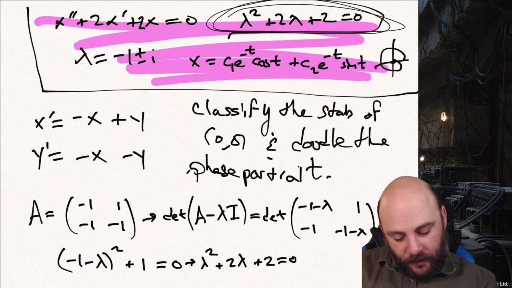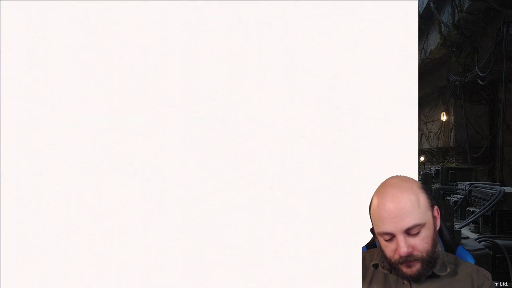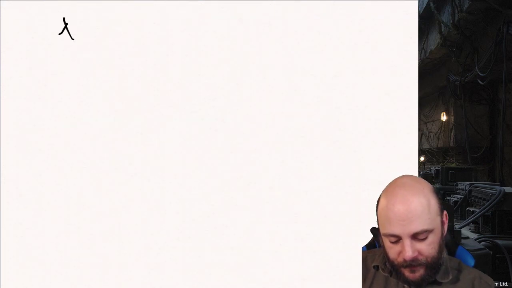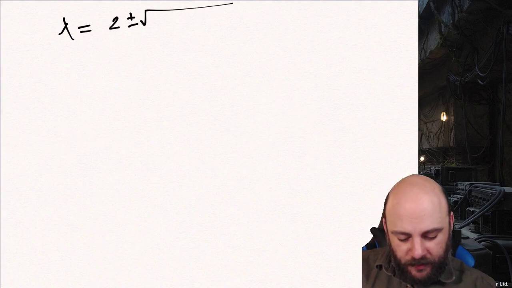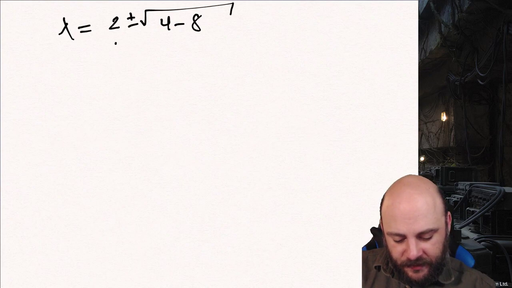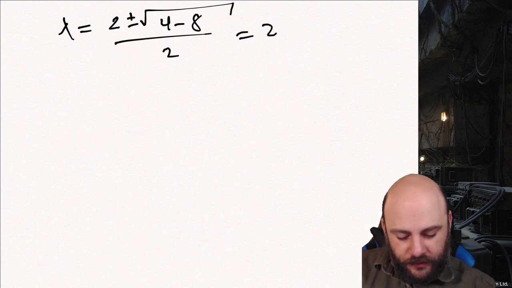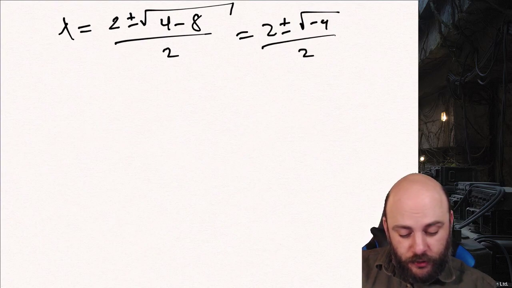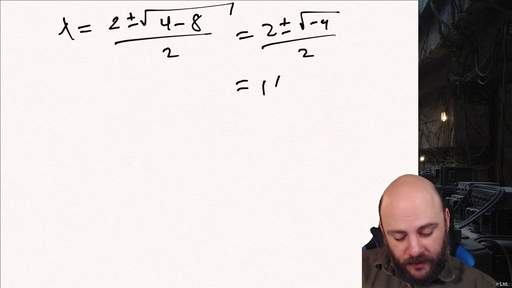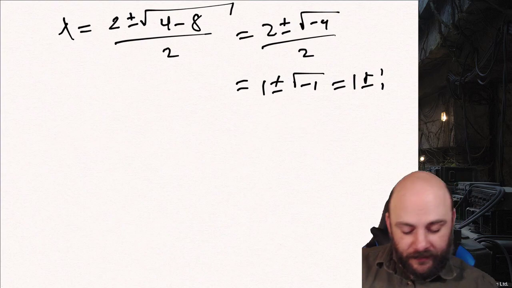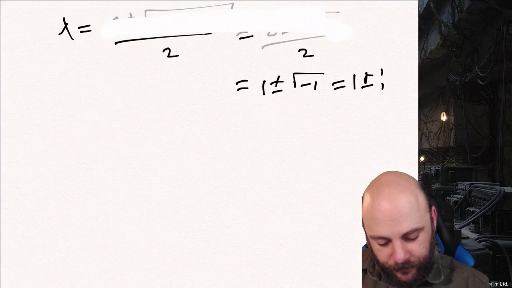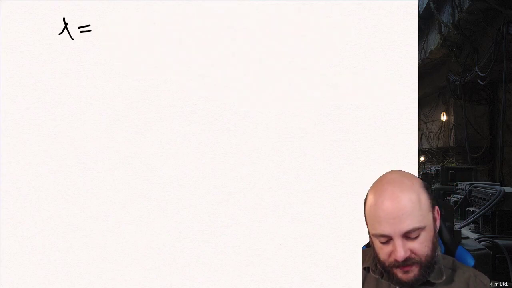Working from here, this means that lambda is equivalent to 2 plus or minus the square root of 4 minus 8, all over 2, which is 2 plus or minus the square root of -4, over 2. I'm being pedantic. That equals 1 plus or minus the square root of -1, which equals 1 plus or minus i. Don't know why I went through all that effort. 1 plus or minus i